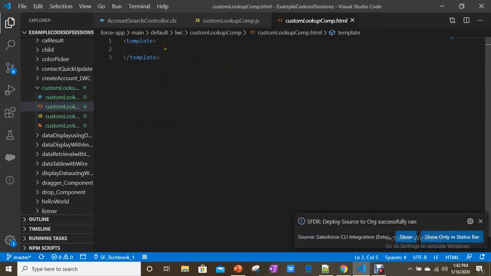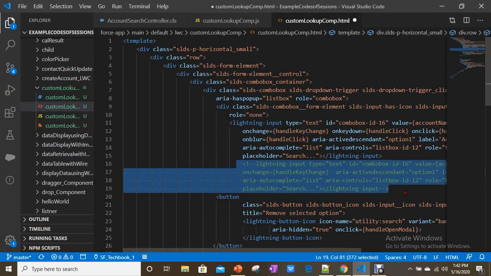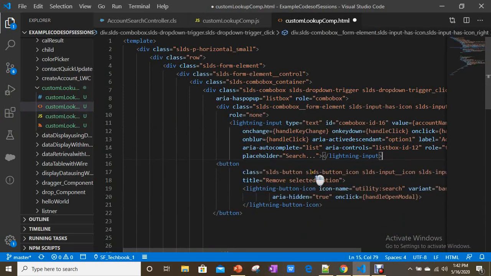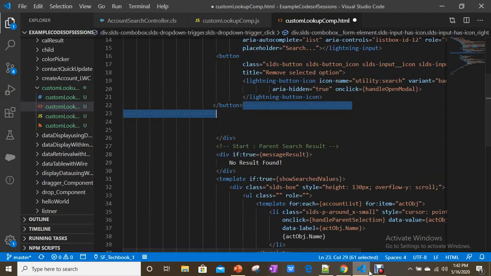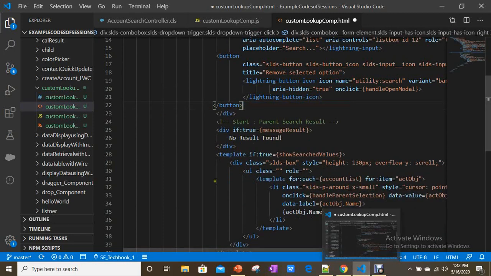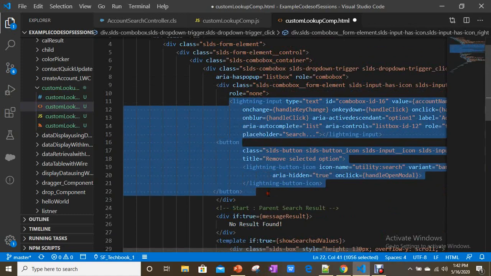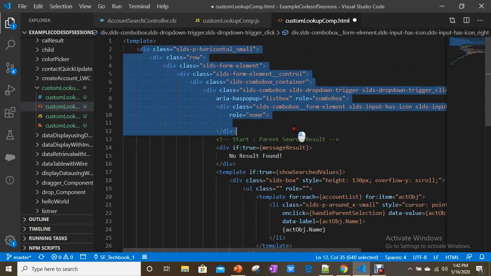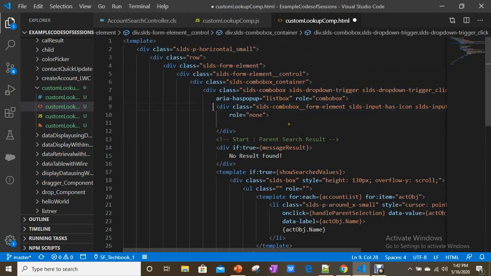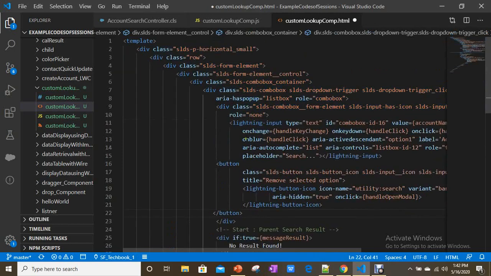Meanwhile, let's paste here. Yeah, it's successfully saved. And if you see, this is completely the design, whatever I got from Lightning Design System only. If you observe, it is completely from the Lightning Design System lookups, and I'm going to include my search box here.